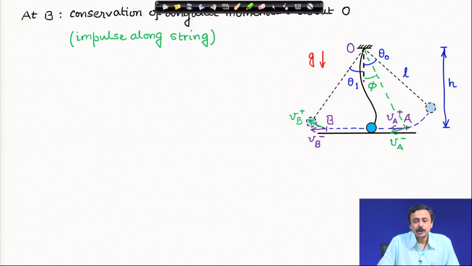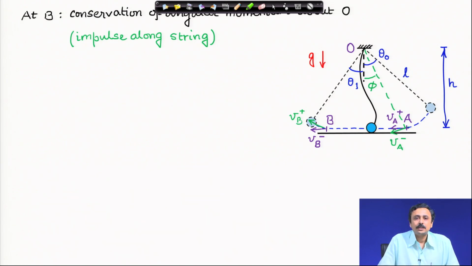Therefore, the moment of this impulsive force about O is 0. The moment of the impulsive force in the string that is generated at B, about O, is 0, because the string gets taut and BO is that straight line along which the string tension acts. Therefore, the impulsive string tension acts through O, and so the moment of that impulsive tension force is 0 about O,